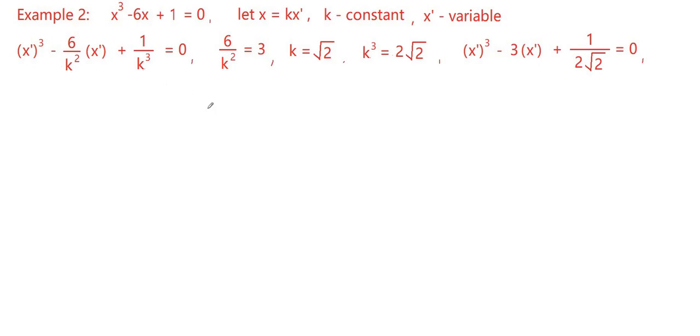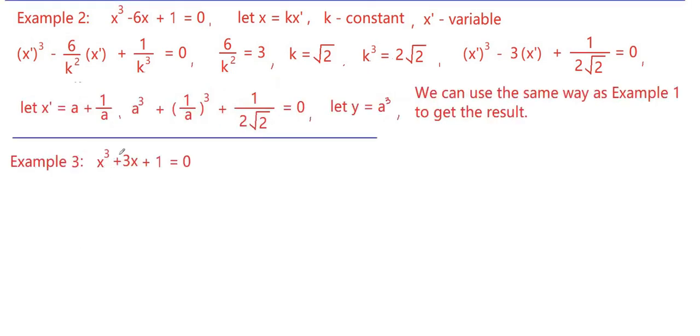And this equation is changed to like this. So we can see here it is a 3. In this case, we can use the same way that x dot equal to a plus 1 divided by a. If we put this into the equation, we will immediately get a cube plus 1 divided by a cube plus 1 divided by 2 root 2 equal to 0. And we can let y equal to a cube. And we can get the result.